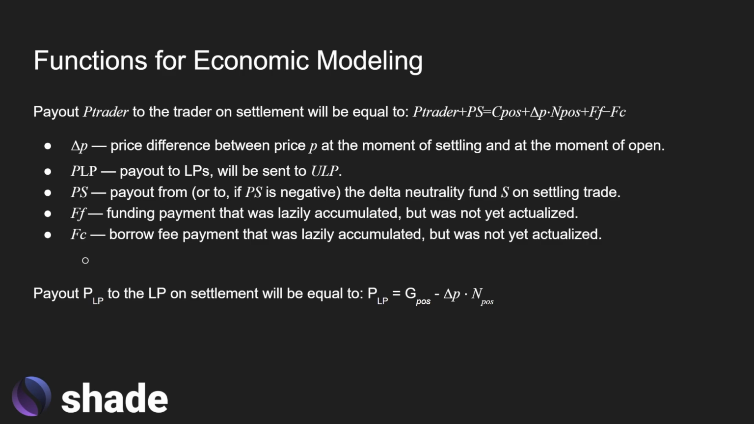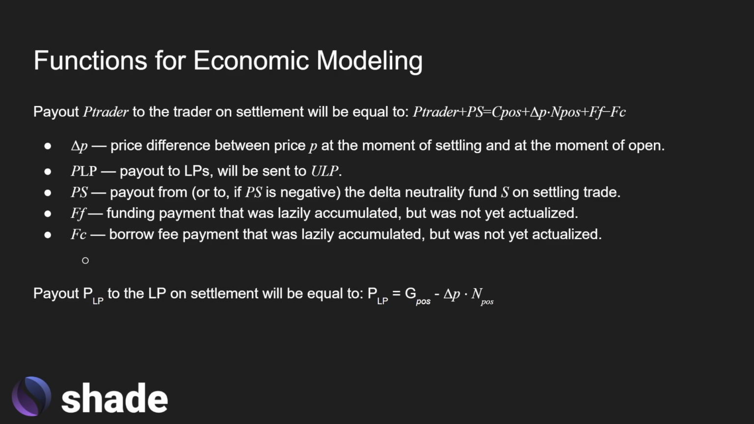So now we can go ahead and define some of our fee payment variables that are used to calculate payouts for when users close or modify positions. You can see I've got some of the variables that we would need to be keeping track of, such as the price difference between the price at any given moment of time that you might be settling a position, and the price at which you opened your position. You've got your funding payment, you've got your borrow fee payment,